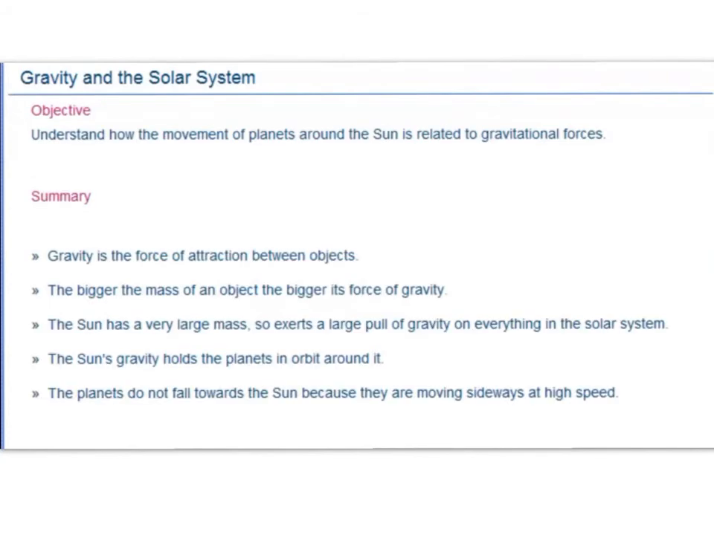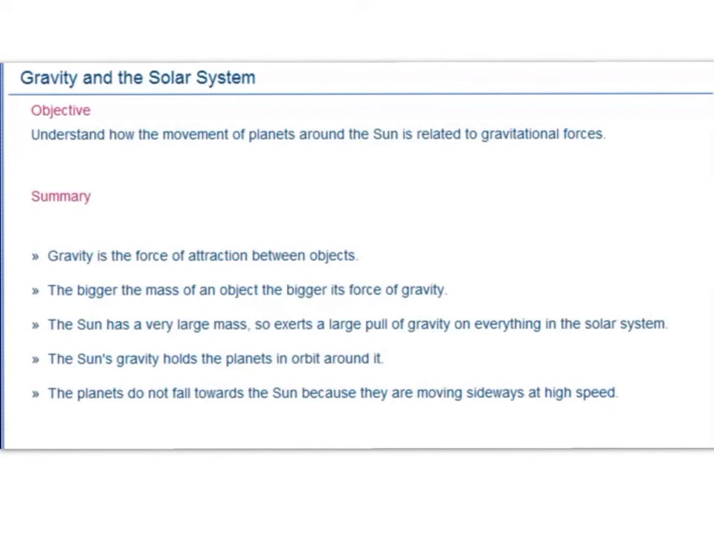Okay, so these were the objectives, and what you hopefully learned was to understand how the movement of planets around the sun is related to gravitational forces. So gravity is the force of attraction between objects. The bigger the mass of an object, the bigger its force of gravity, which you should have learned after reading